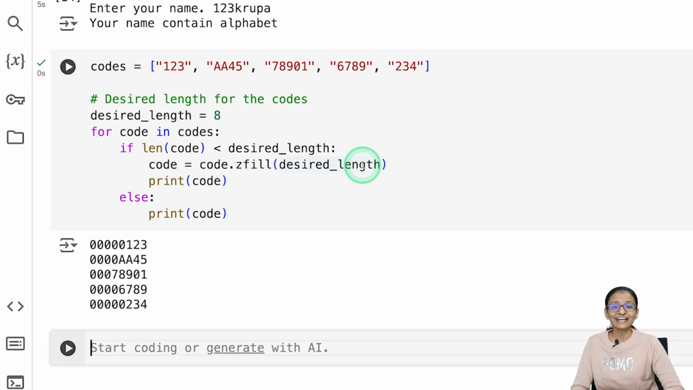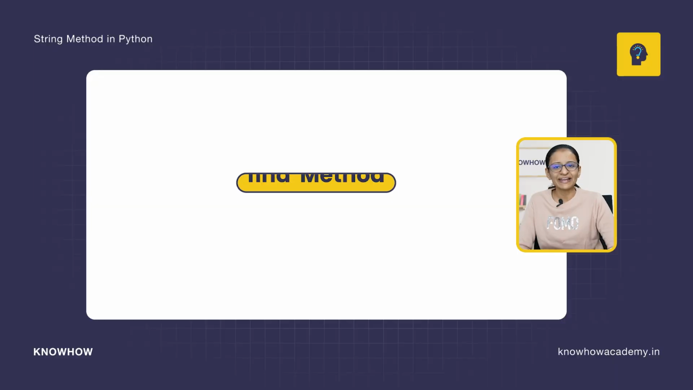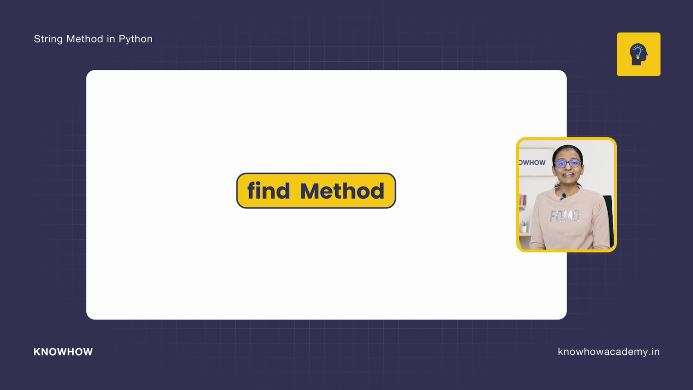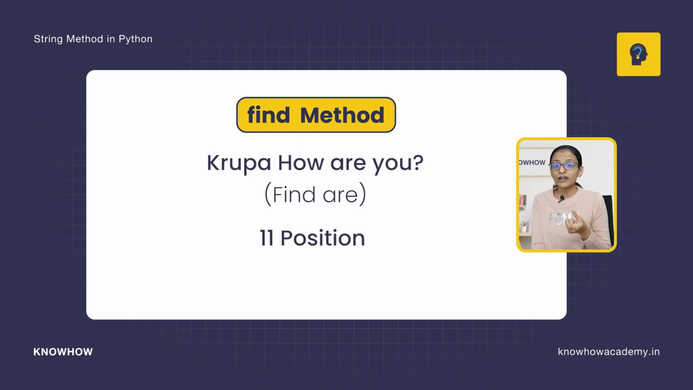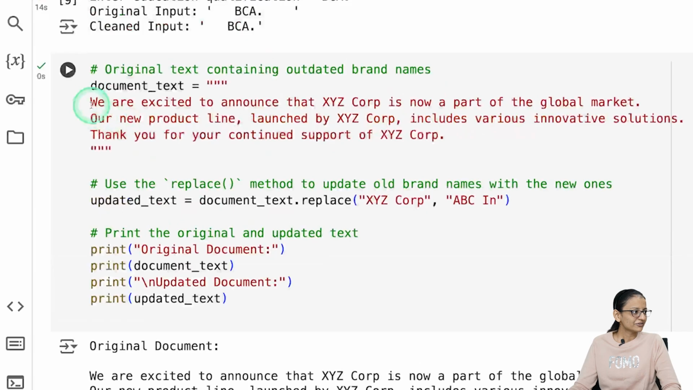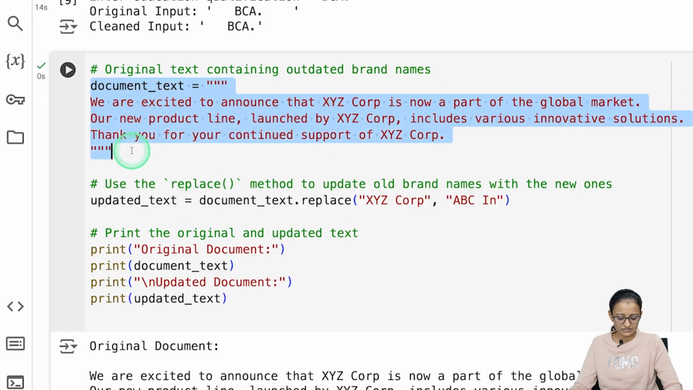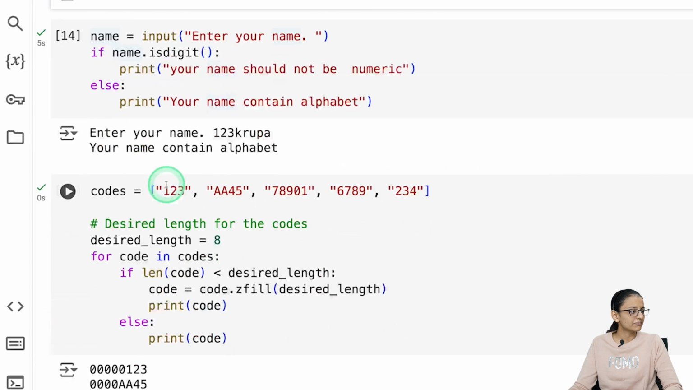The next method I am going to teach you is called the find method. So basically the find method will find a particular word or particular letter in the string. It will return the first position of the occurrence. So let me show you. Let me copy this string variable,